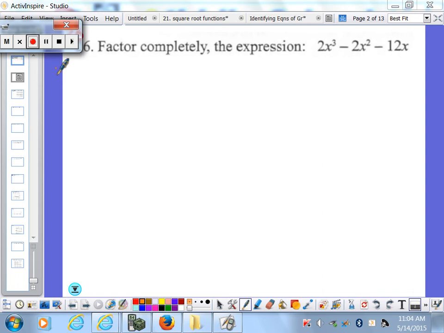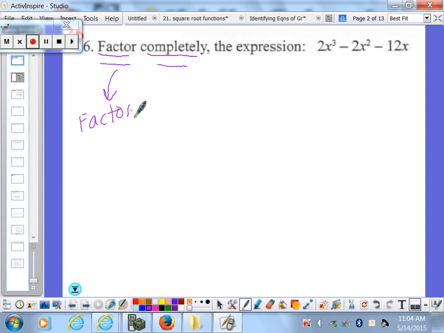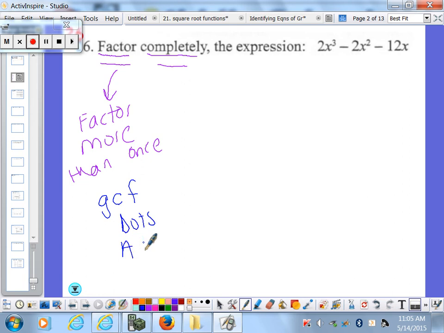Alright, number 26, factor completely. I have a feeling you will definitely see this pop up on your exam. When you see the phrase factor completely, that means you are going to factor more than once. So right now you should be thinking of your factoring methods, and you should be thinking of them in the order that we learned them. So remember that we learned our GCF method, then we learned our dots method, and then we learned the AC method. So when I look here at this trinomial, I must ask myself first, is there a